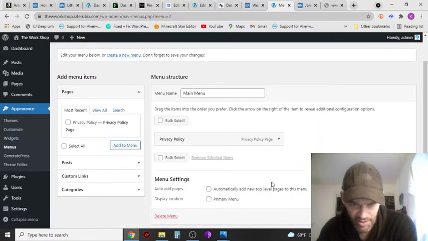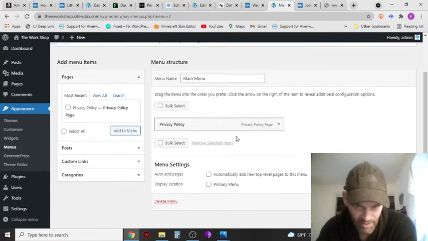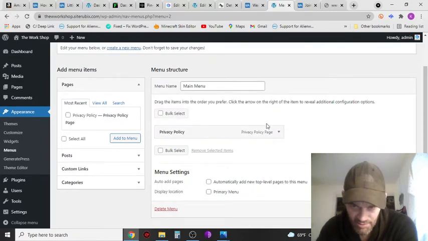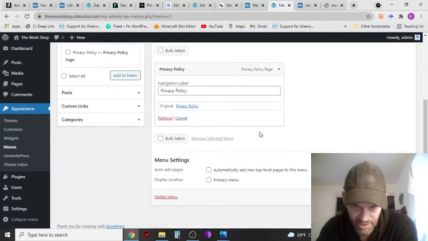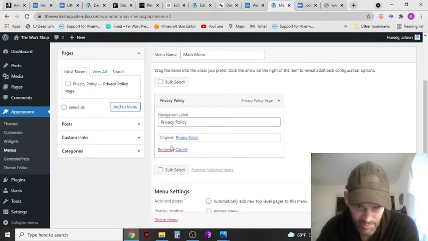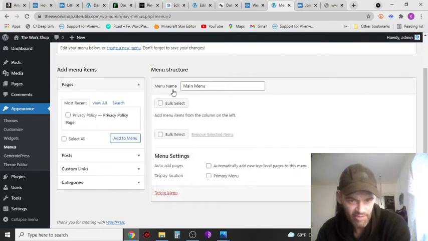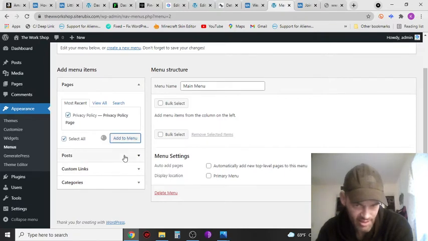So now that you've got that created, you just want to make sure you've got your privacy policy in place there. What you can do, if you like, you can remove that. When you're adding anything to your menu, you go to the menu you want. In this instance, we'll go to pages, where you add the privacy policy here again, and you add that to